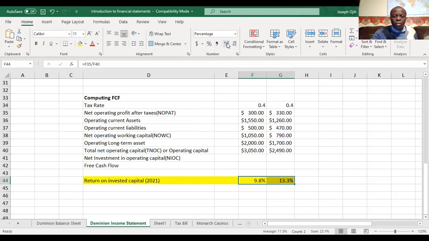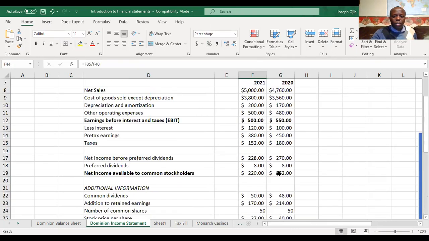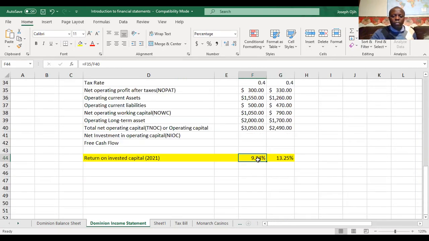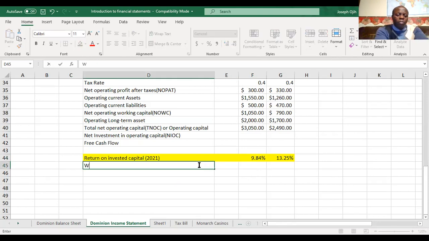I needed it to have 3 decimal places. So in 2021, it has 9.84%, but the weighted average cost of capital,